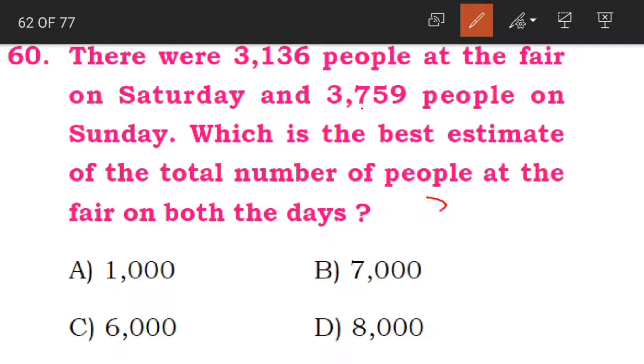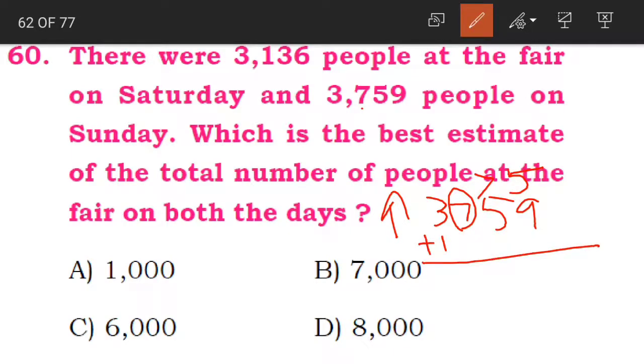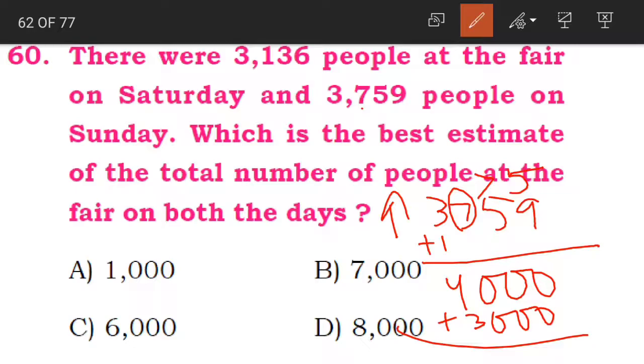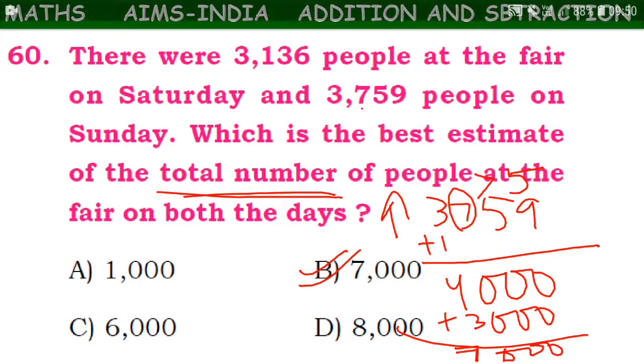Now coming to the second number, that is 3759. Now here 7 is greater than 5. That means we round up adding 1. 3 plus 1 is 4 and then 3 zeros. Yes. Now here the first number was how much children? 3000. Now 3000 plus 4000. The total number of people, right? We are finding the estimate of total number of people. So we are adding these two. 3000 plus 4000 is equal to 7000. 4 plus 3 is 7. So what is our correct answer children? Option B, 7000. Yes. I hope this was clear.